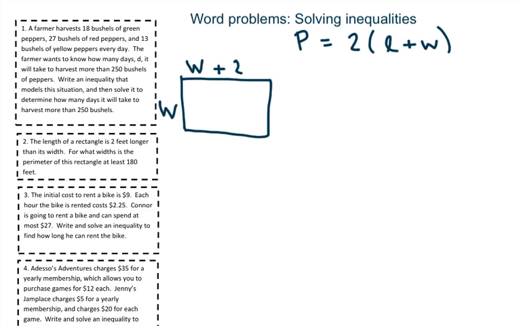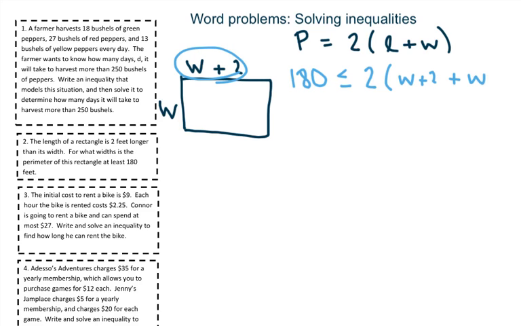So we're going to plug in 180 for the perimeter, but I'm not going to have equals. I want it to be at least 180. So that means that we have less than or equal to here, because what I want is something bigger than or equal to 180. And then if we continue on with what we know, 2 times the length, well, the length is w plus 2,